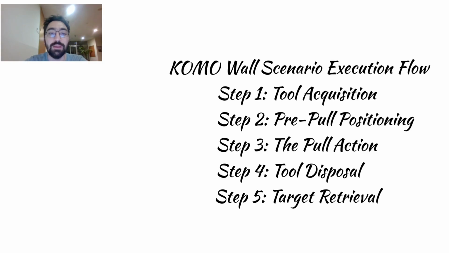rake. In step 2, we do pre-pull positioning. Como completes a collision-free trajectory to maneuver the tool's functional end to a pre-pull waypoint. Then it positions directly behind the target box. In step 3, we do the pull action. The robot executes the drag motion as Como guides the functional head precisely from the pre-pull waypoint to the designated